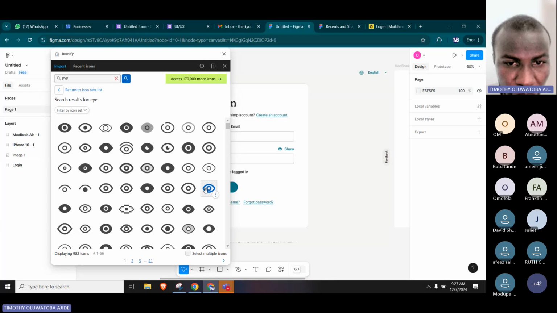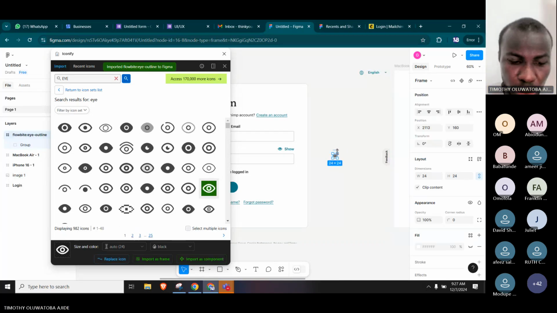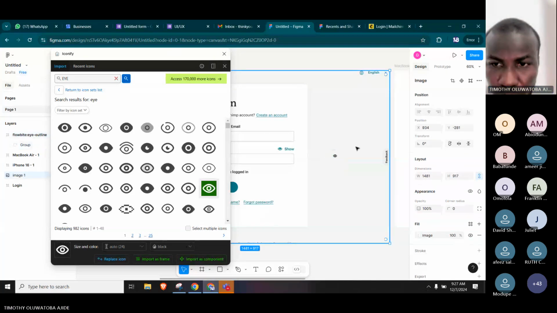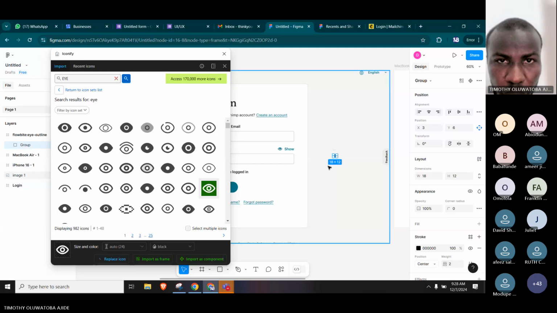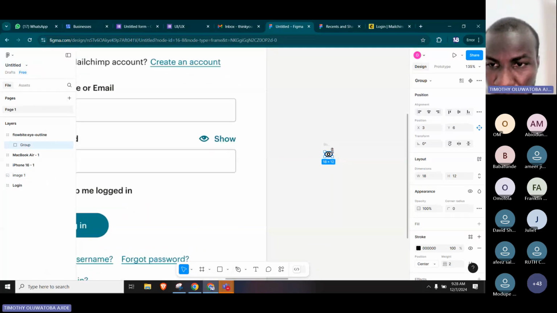Let's say this, for example. I just drag it in here. So after we drag it in, we can change the color if we want. Yes, if we want, we can change the color. So we can change the color to match. Already show us how to